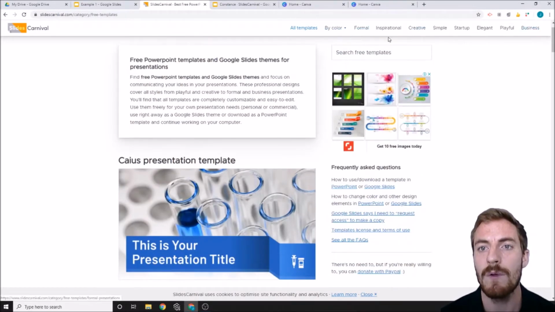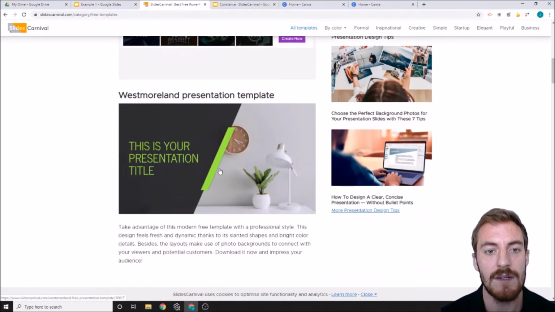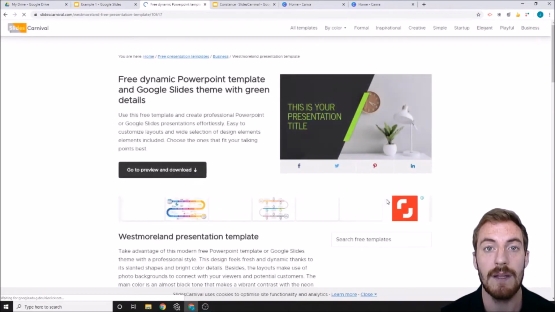But they also have them by category. So you can say I have formal, inspirational, creative, simple, startup, elegant, playful, and business. And these are presentations that people have created using different graphic design programs and then inserted into a Google Slides presentation that you can then copy. So if I were to choose one of these presentations and I wanted that template in my Google